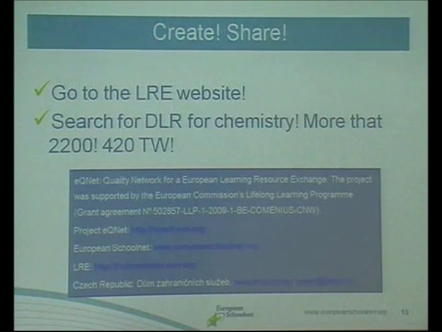The main message I would like to give you is that the LRE portal is done by a network of ministries. So the resources on the portal have some quality assurance. There are more than 200,000 resources at the moment. You can go there, search them and use them without the need of registering.